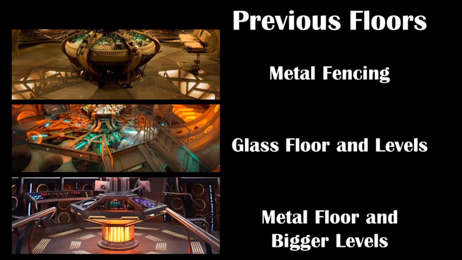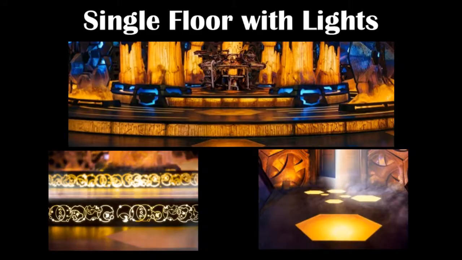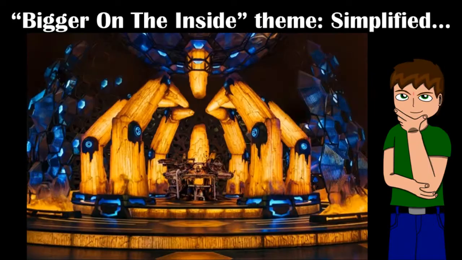Since the show came back in 2005, we've had floors of metal fencing with a bit of room below, a glass floor with upper and lower levels, flooring which I think is metal, and an even larger room as a whole. Now, the TARDIS has a single solid floor again, with hexagonal lights glowing from underneath, and a small step up to the console area. I think this was a wise choice because it does help simplify the show's theme of the spaceship which is bigger on the inside for the next generation of fans, before we possibly get a future console room with multiple